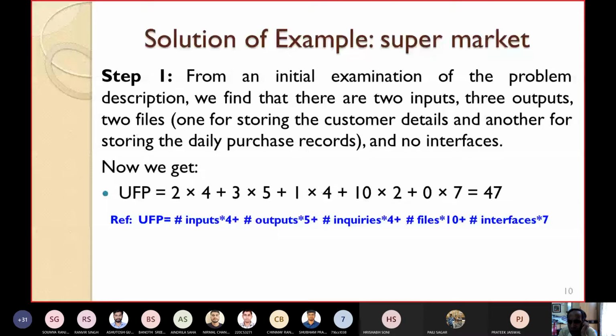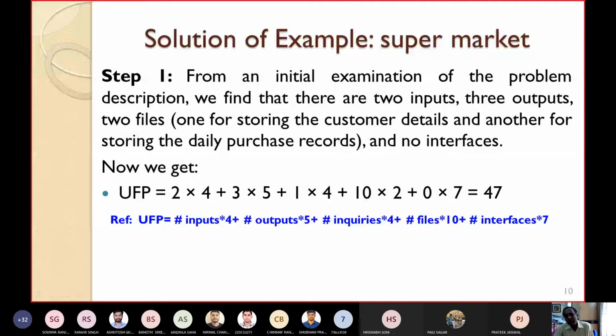Generating the window list, it is a command, so it is a query. That's why I have taken the value of inquiry equal to 1. Unless you give a query, how will the window list be generated? So that's why this is 1. But resetting any value is not a user input or an inquiry.